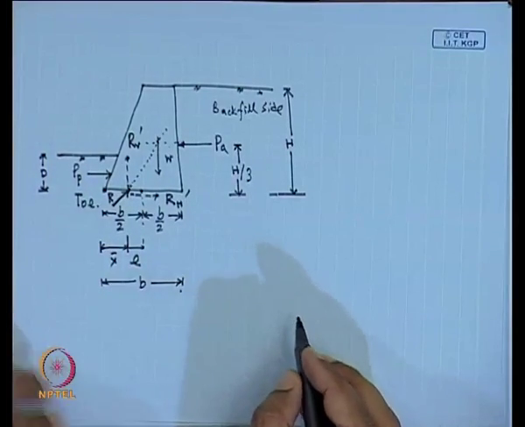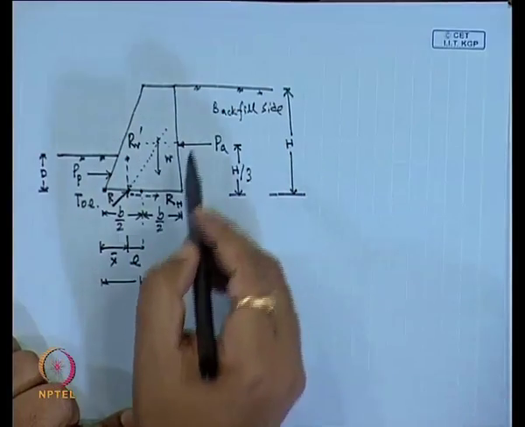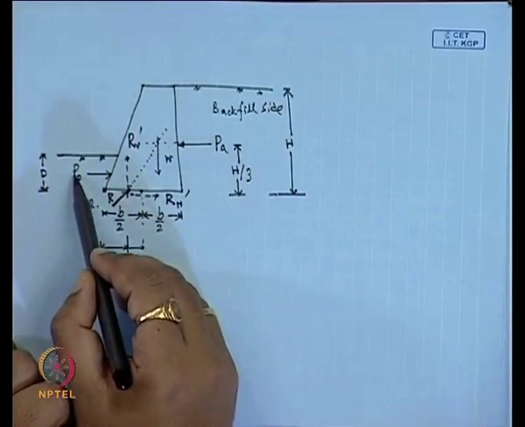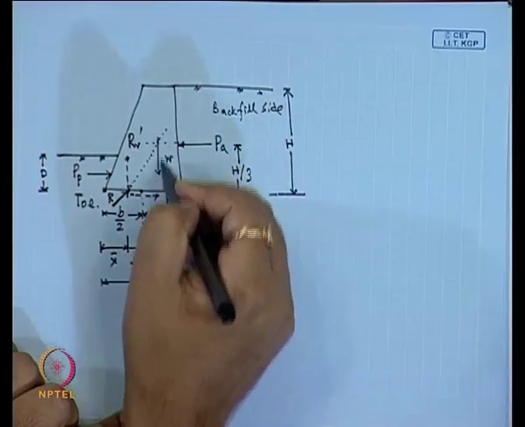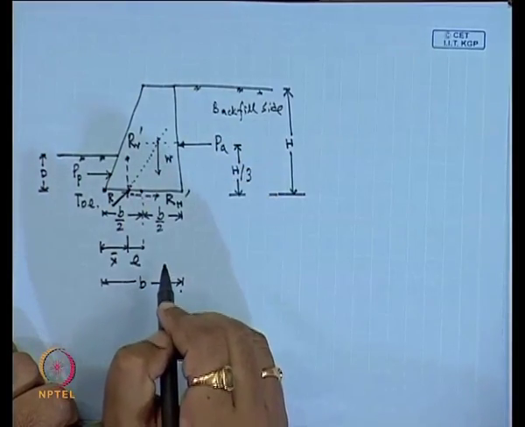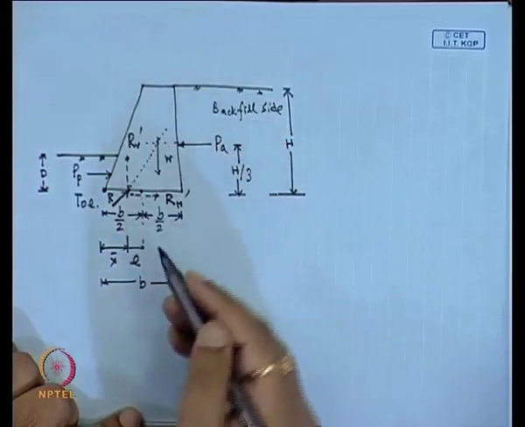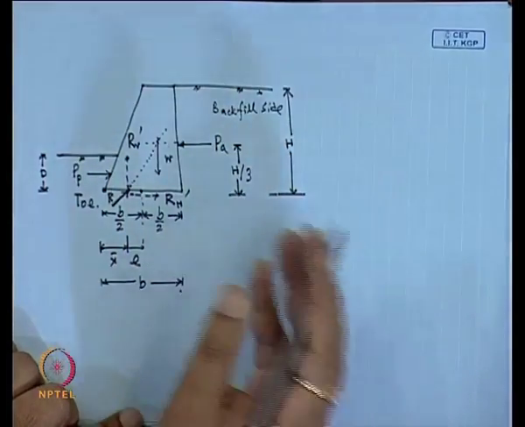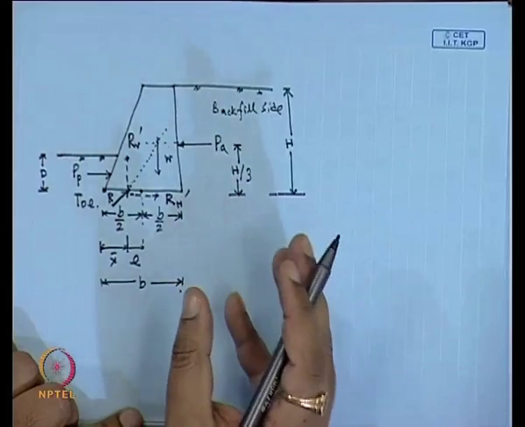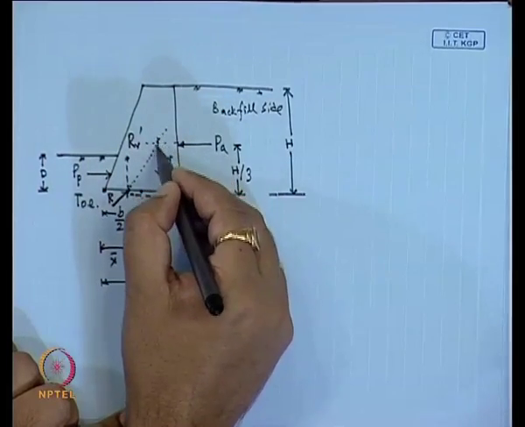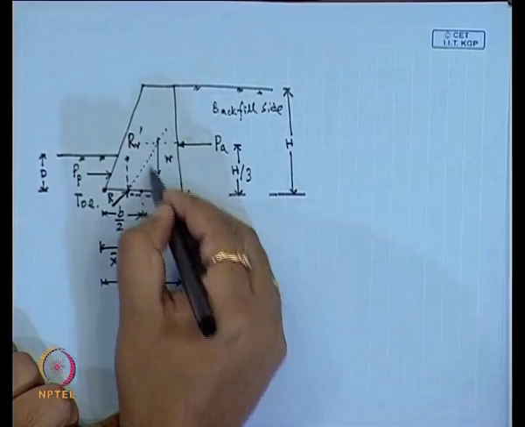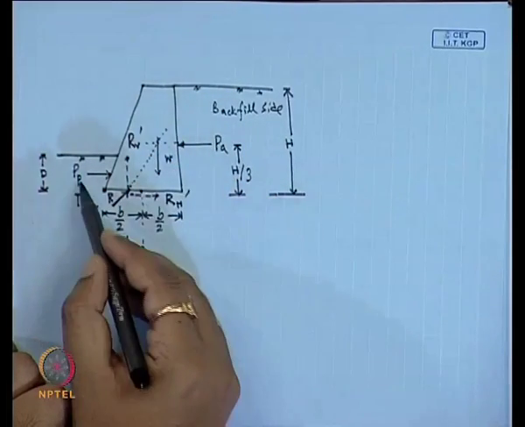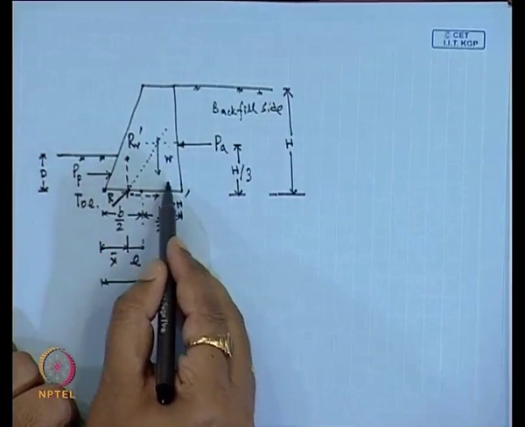Now, what are the forces that we will consider? We will consider the active earth pressure, the passive earth pressure, and the self weight of this retaining wall. For the gravity retaining wall, later when we go for the cantilever retaining wall, for different theories you have to consider the weight of the soil also. This weight will act in the downward direction, the active earth pressure will act from this direction, and the passive earth pressure will act in the opposite direction.